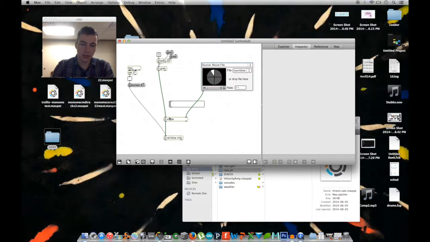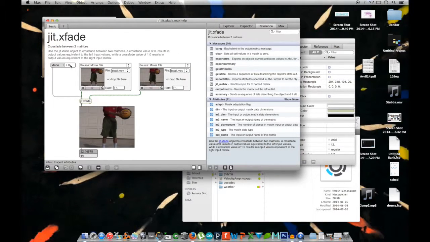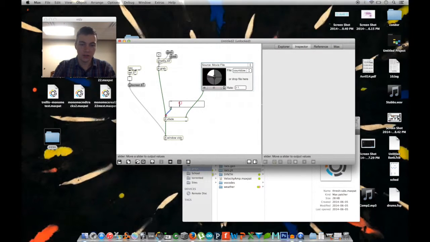And if you take a look at the crossfade help patch, it'll show you that you can add a true object, I guess, which will make it easier to switch between the two. But if you hook it up, you'll notice that nothing happens like this. So if we add an attribute